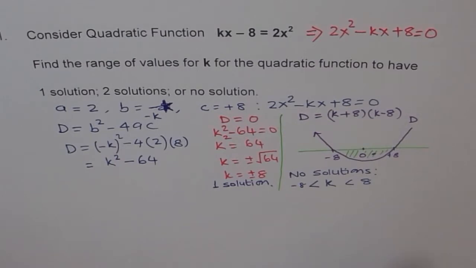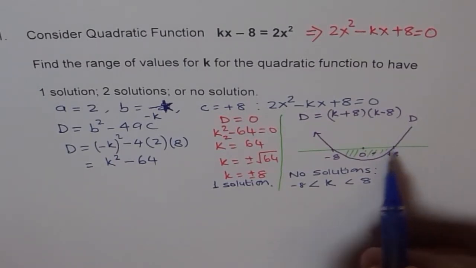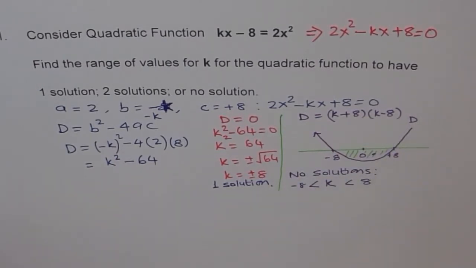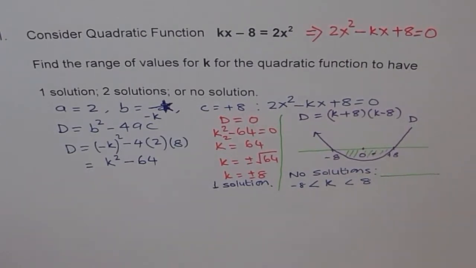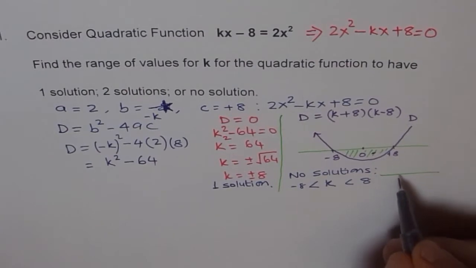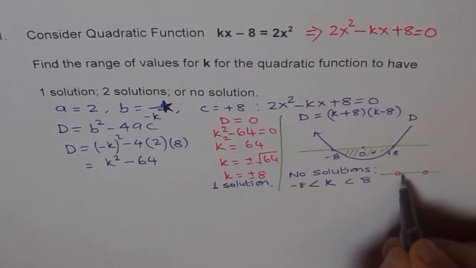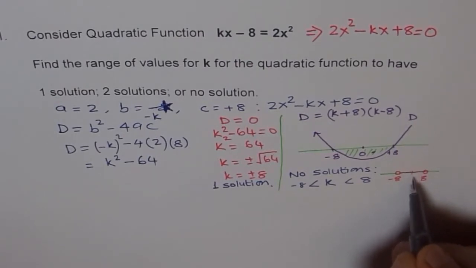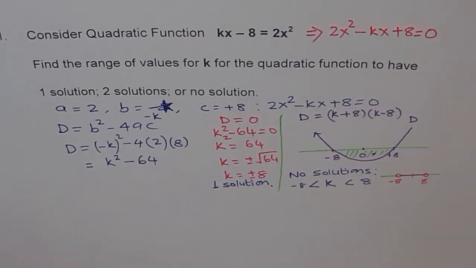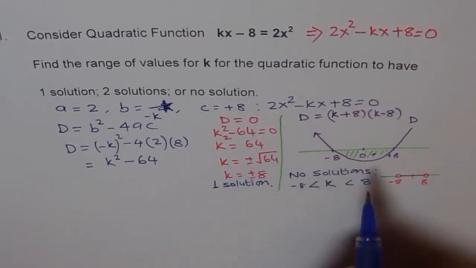solutions. But if it is beyond these values, I can represent this no solution region like this, between points 8 and -8, but not including them. Do you understand? Between -8 and +8, right? Not including them. And for two solutions,